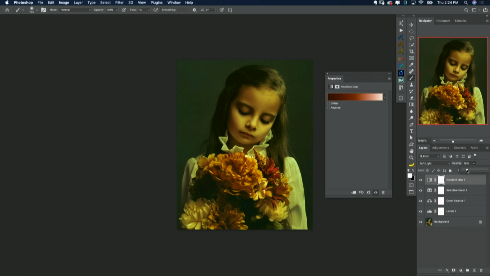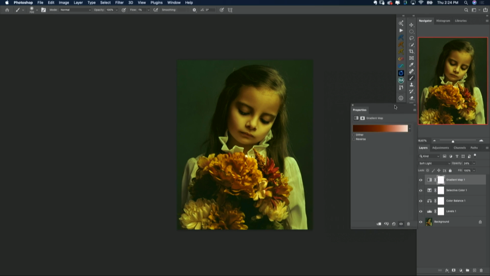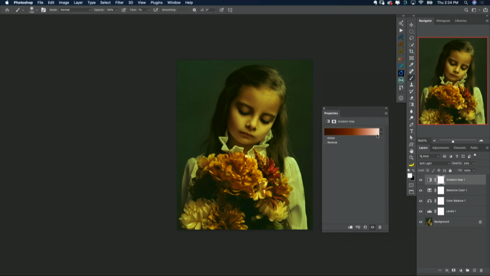So that's too much, and that's looking good. I like the tones, I like the colors here in the image. I think that they're pretty cool, but for my taste, for what I want on this image, they are way too